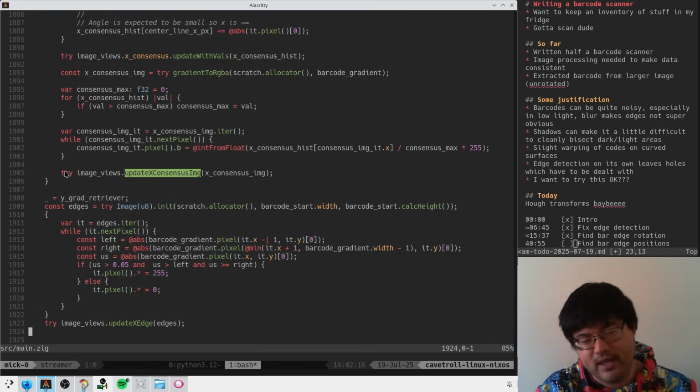We could also try doing it on the edge data. That's another option. We could try doing edge detect and then do it there. But I'd be interested to know like